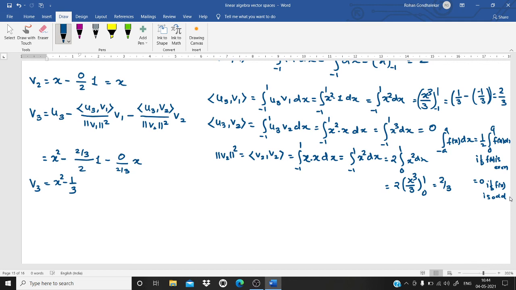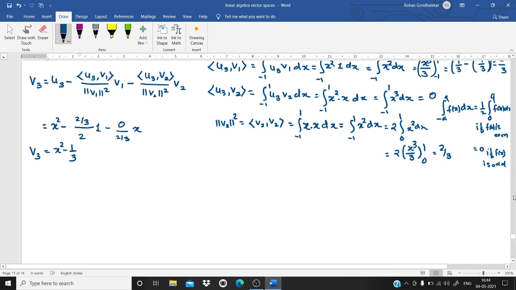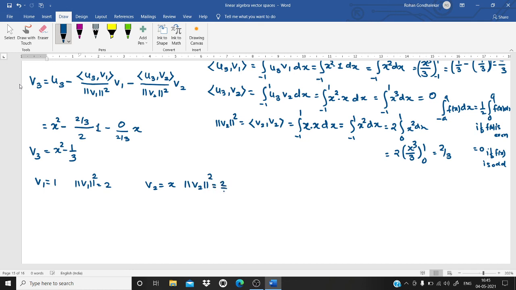Okay. Good. Now we want the orthonormal basis. So what is v1? v1 is 1. What is norm v1 square? Norm v1 square is 2. v2 is x. Norm v2 square is 2 by 3. v3 is x square minus 1 by 3. Now what is norm v3 square? Norm v3 square is equal to